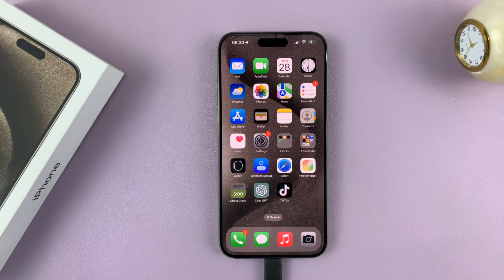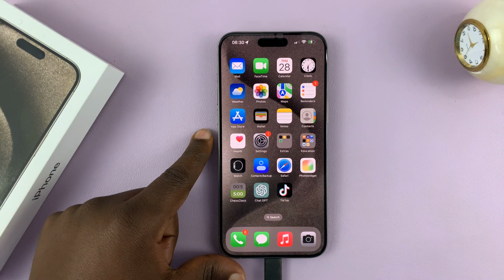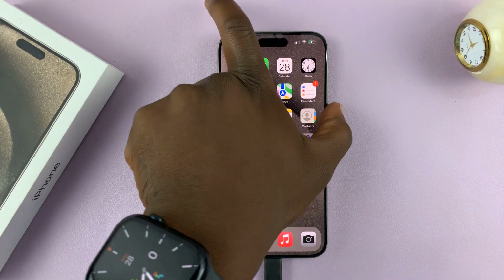So I'll be showing you how to switch on the flashlight on your iPhone 15. I have the 15 Pro Max here, but this works on all the iPhone 15 models. So the first way you want to do this